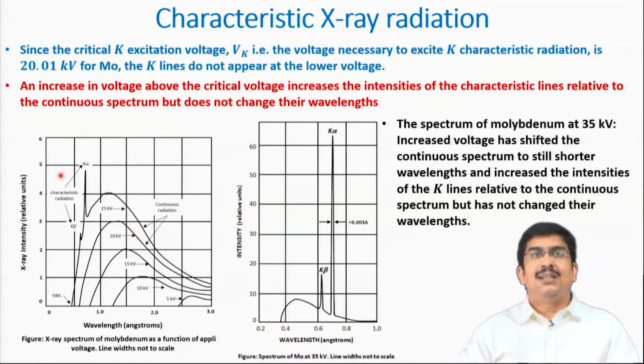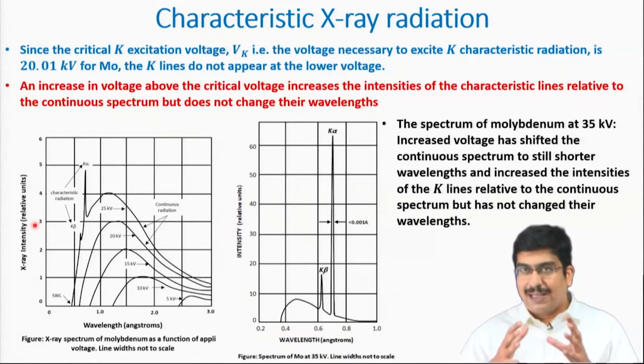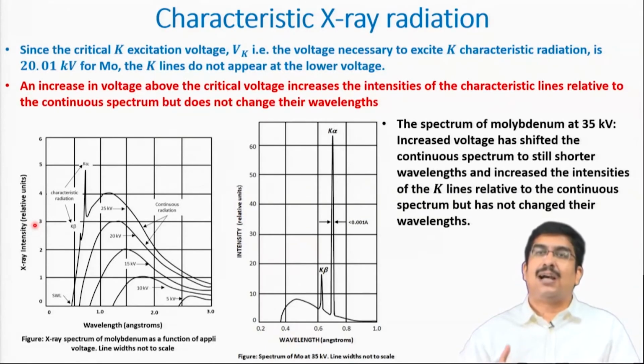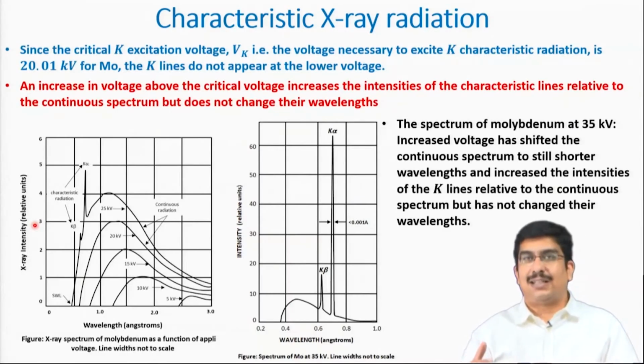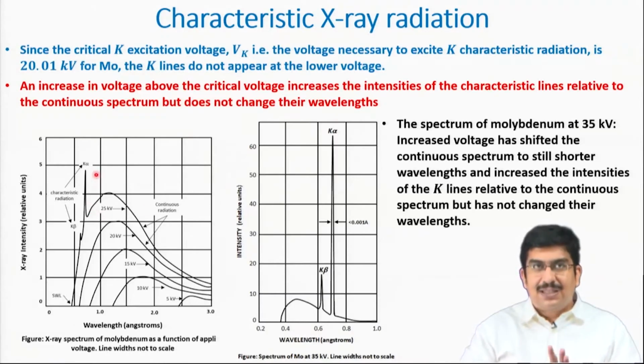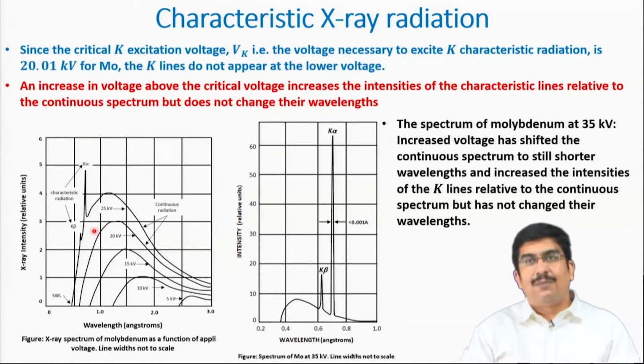The point is, in order to generate the characteristic X-ray radiation, you have to go beyond this critical excitation voltage. Then only will we be able to see, in the X-ray intensity versus wavelength spectrum, the characteristic X-ray lines, K alpha, K beta and all. If we increase the tube voltage further, so the acceleration voltage for the electrons is increased beyond the critical excitation voltage, then the intensity of the characteristic lines, that means the K alpha intensity and K beta intensity, will